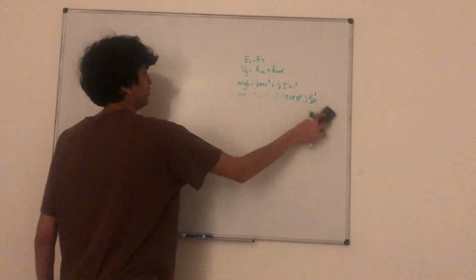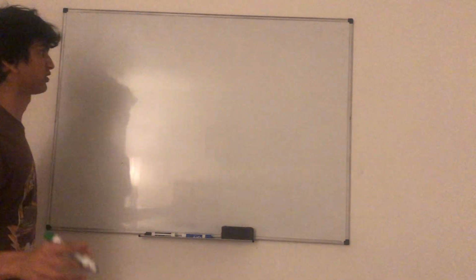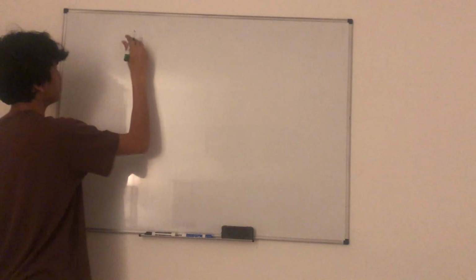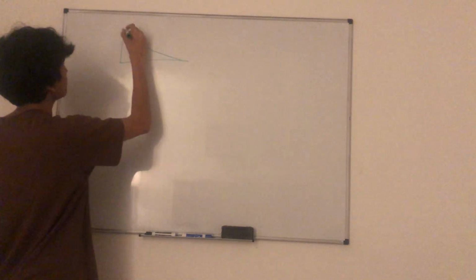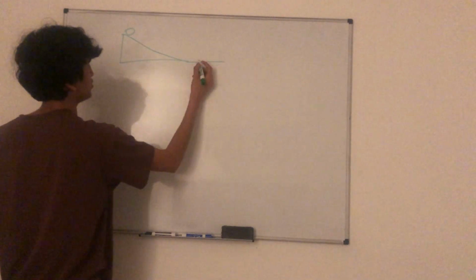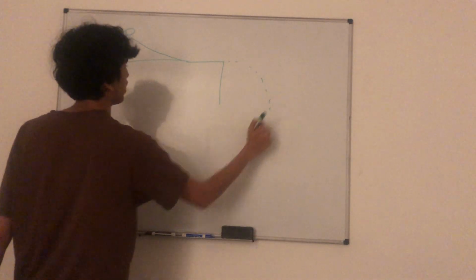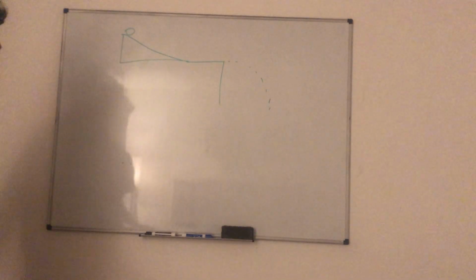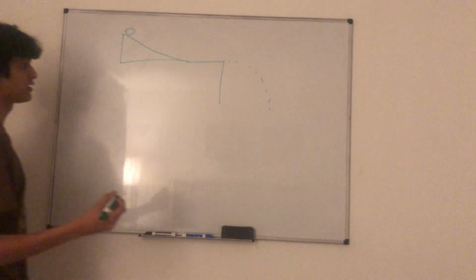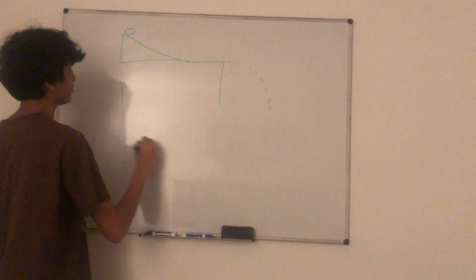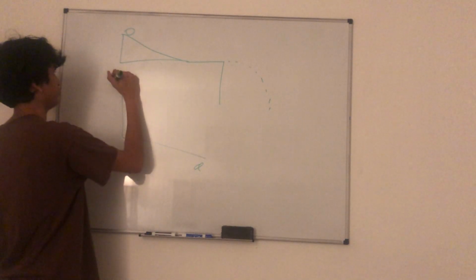I'll walk through one pretty quickly. This was a problem I saw where you had this ramp, flat edge, no friction, and then there was this little spot here. So let's think about where you can fall. Think about rotation versus distance, the distance traveled. So if we're doing energy versus distance,